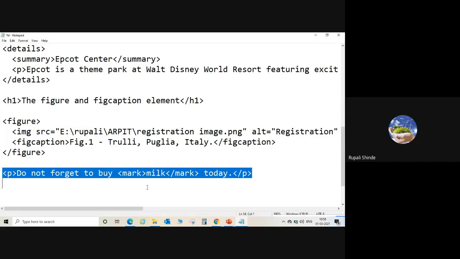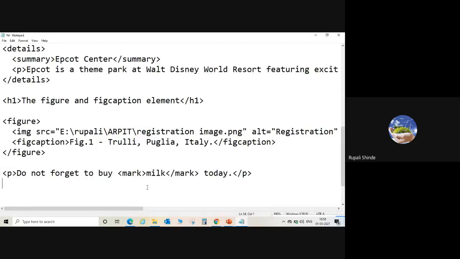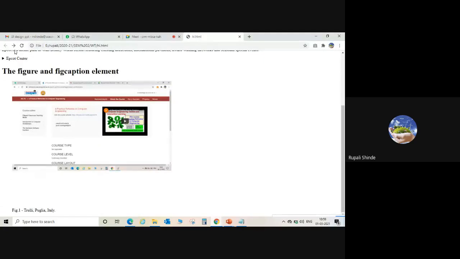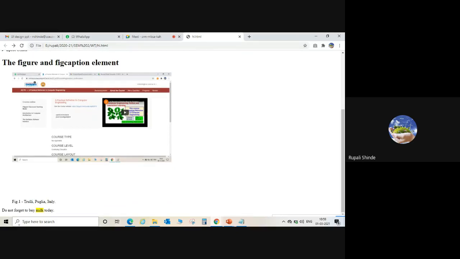So we highlight the milk content, though it depends on you which part you want to highlight. Accordingly, you mention the mark element. Do not forget to buy milk today. The milk is highlighted.